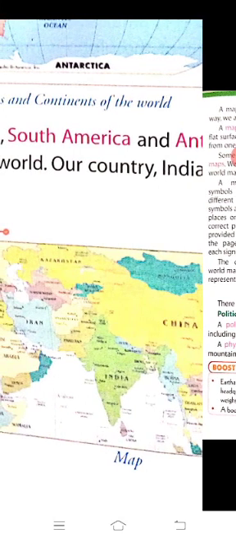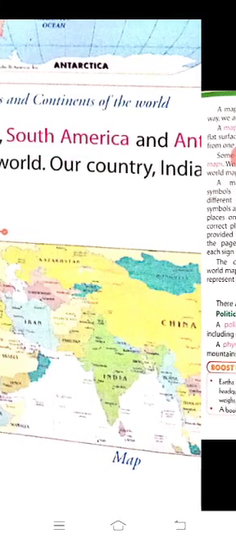A map shows detailed information. It can be used in books. In this way, we are able to see the whole world at the same time. What is a map? A map is a drawing of the earth or its various parts. Some maps show the entire earth. These maps are called world maps, on which we can see continents, oceans, islands and various countries.